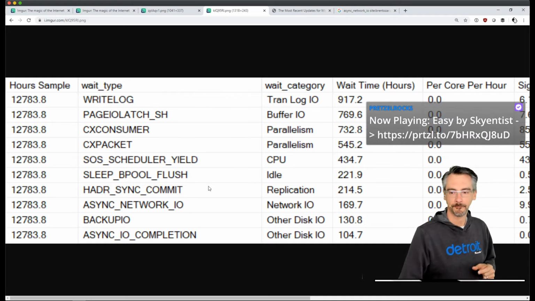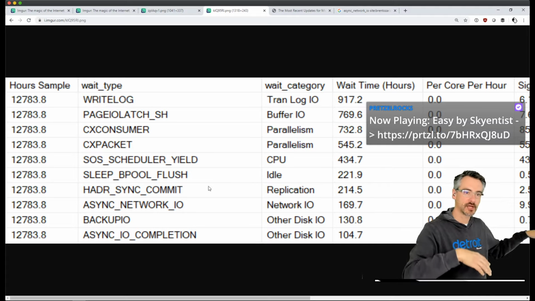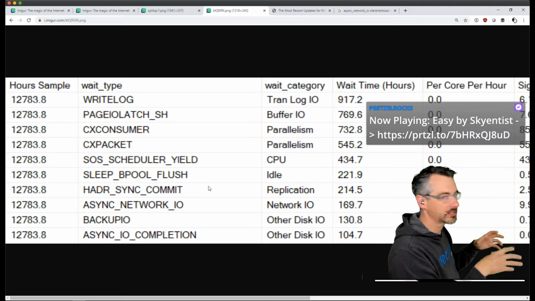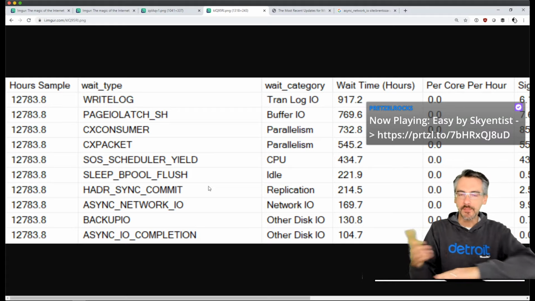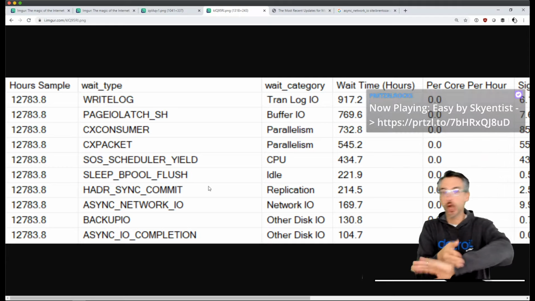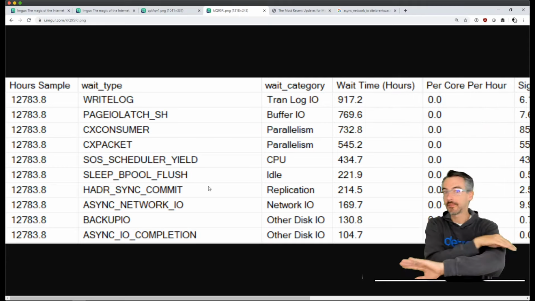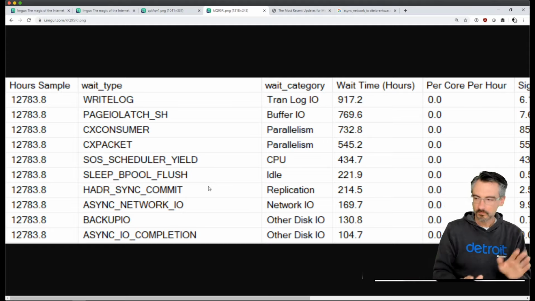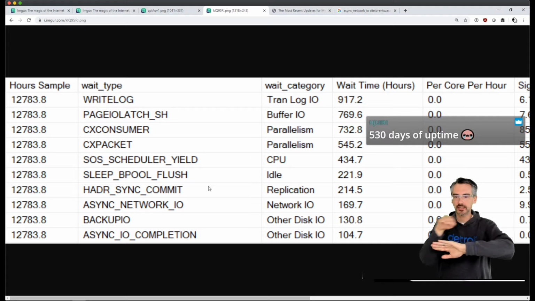Holy smokes. So in here, setting that aside for a second, the problem with analyzing wait stats when a server's been up for 13,000 hours is that maybe the problems it had in wait stats were 6 months ago, or maybe they all happened last night. Because these numbers are cumulative over time, it can be kind of tough to tell. But what I'm going to do is assume that the server has looked exactly the same way.